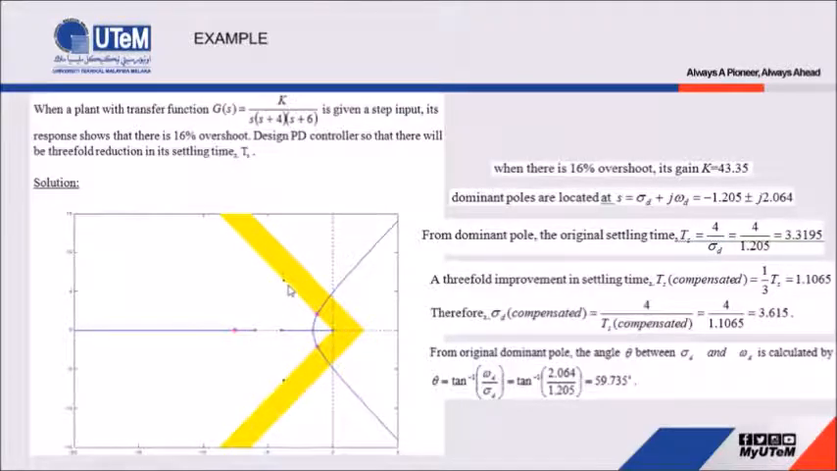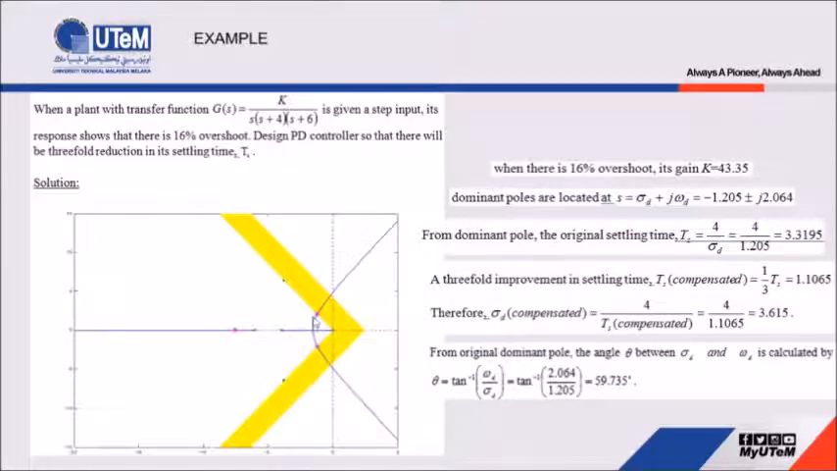So this line is referred to as the zeta line, which reflects 16% overshoot. The gain when this pole moves to here is equal to 43.35. You can calculate this gain by using the formula 1 over G(s), where s equals this coordinate. This coordinate here is negative 1.205 plus minus, because they are conjugates, the top and the bottom one. So that means we have two dominant poles, which are at negative 1.205 plus minus j